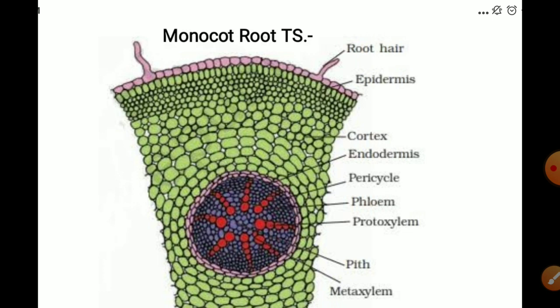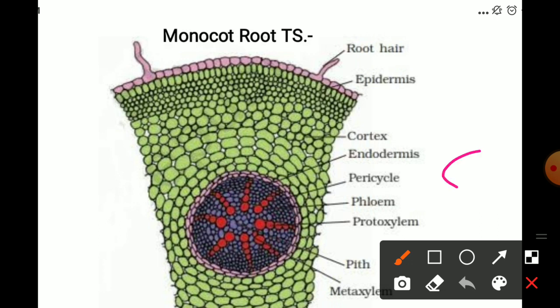The total number of radial vascular bundles here, this figure shows 8. So it is more numerous than in dicot roots. There, in the dicot roots, the radial vascular bundles are 2 in number or a maximum of 4. Here they are many. So this is called the polyarch condition. Poly means many and arch means the protoxylem points of the xylem bundles. So this is a polyarch condition.